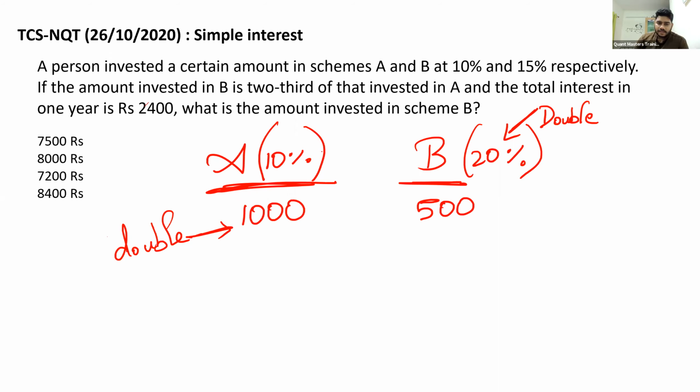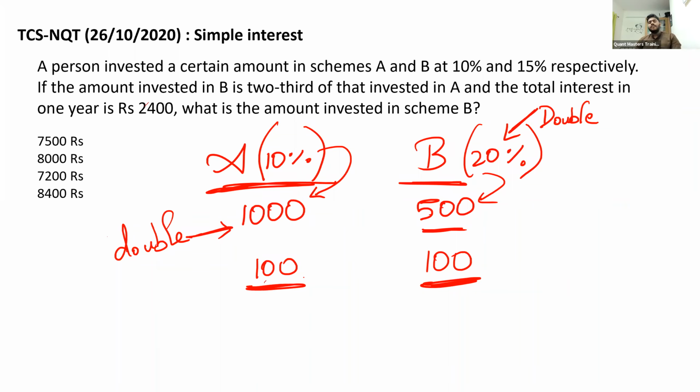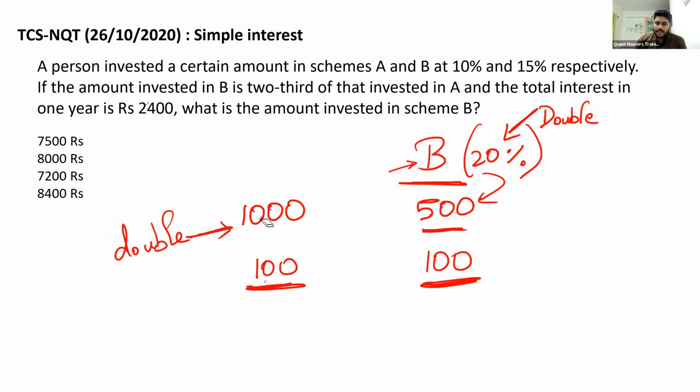Now see what the result is. The interest I'll be getting is 10% of 1,000, that is nothing but 100. Here I'll be getting 20% of 500, that is nothing but 100. Which means the total interest I'm getting is the same. Are you all able to understand what I've done here? If you make the interest double or make the principal half, I'll get the same answer. Clear, all of you? Now the same technique I will apply in this sum.